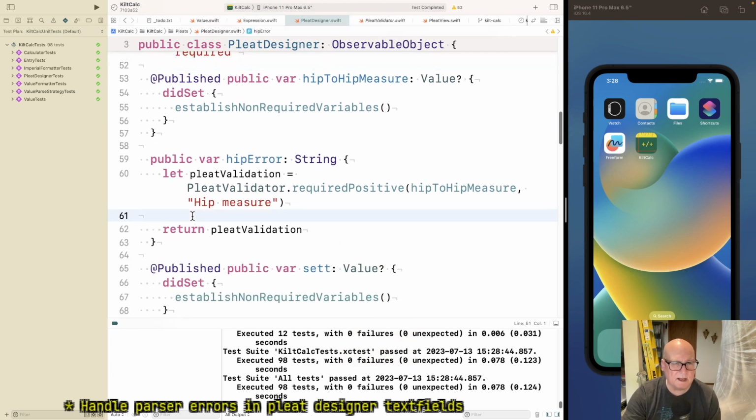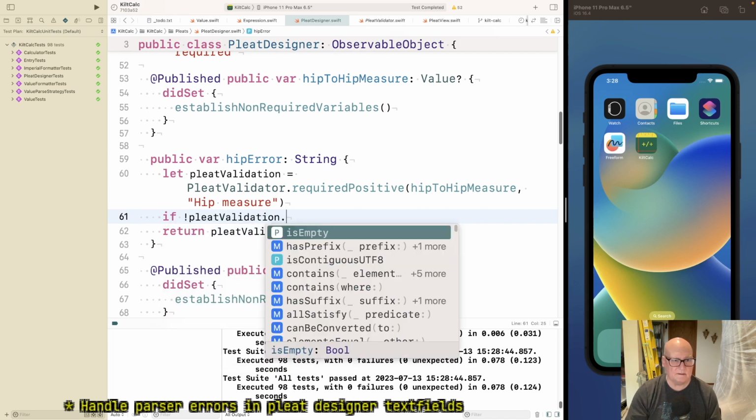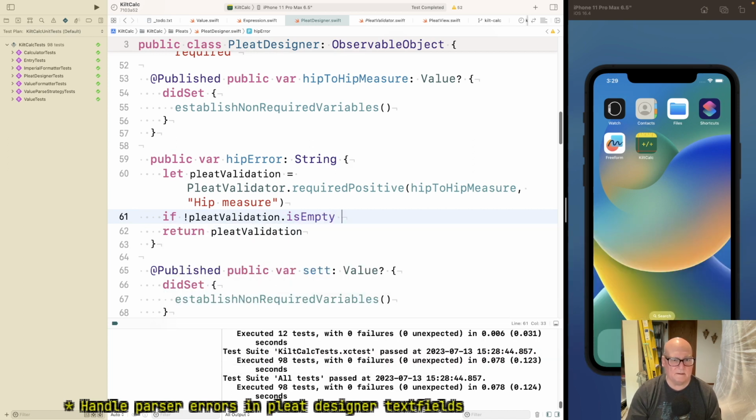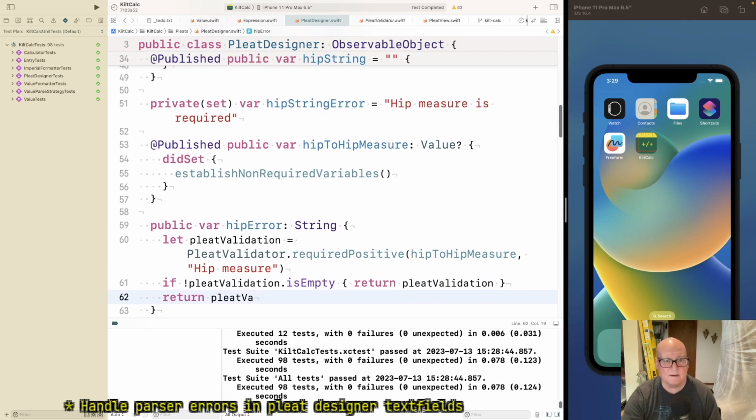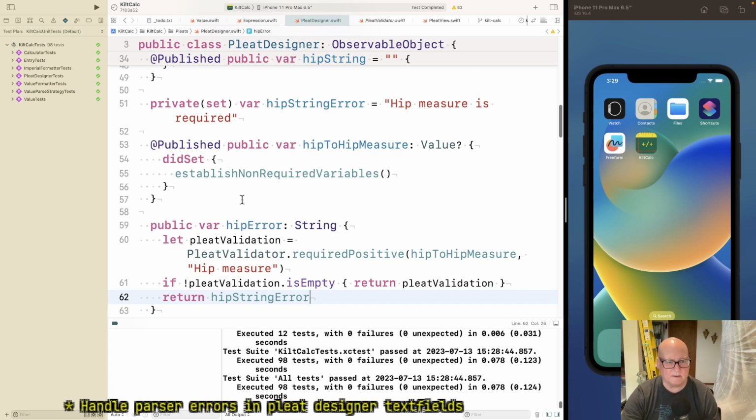But what I think should happen is if it's not empty, then return it. Otherwise, I want to return that other thing. Hip string error. Okay, now somebody should be complaining.